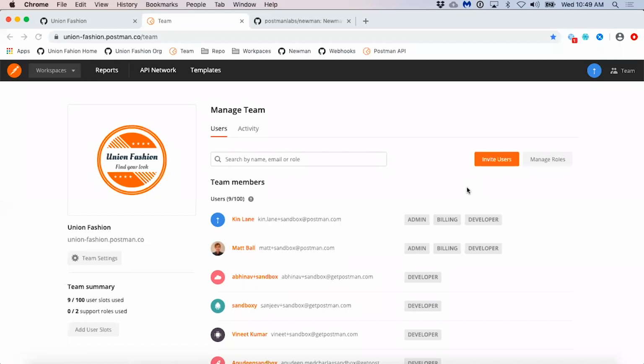But MuleSoft is really for the deployment and management of APIs. Postman is more for the design, testing, mocking, documenting, and working with APIs, existing APIs. Postman does not deploy an API. Postman does not manage an API. But as you'll see in our next webinar, where we talk about deployment, you can use Postman collections to deploy an API from Postman. Postman doesn't deploy it itself. You have to define the collection.